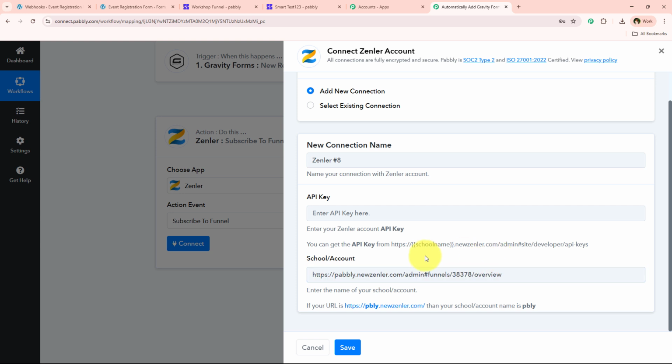And in the help text, it has clearly mentioned that the school name is what comes after https:// and before .newzenler.com. So as you can see, my school name is Pabbly right over here. I'm just going to erase everything which is not necessary and keep the school name. And what I'm going to do is get the API key using the school name